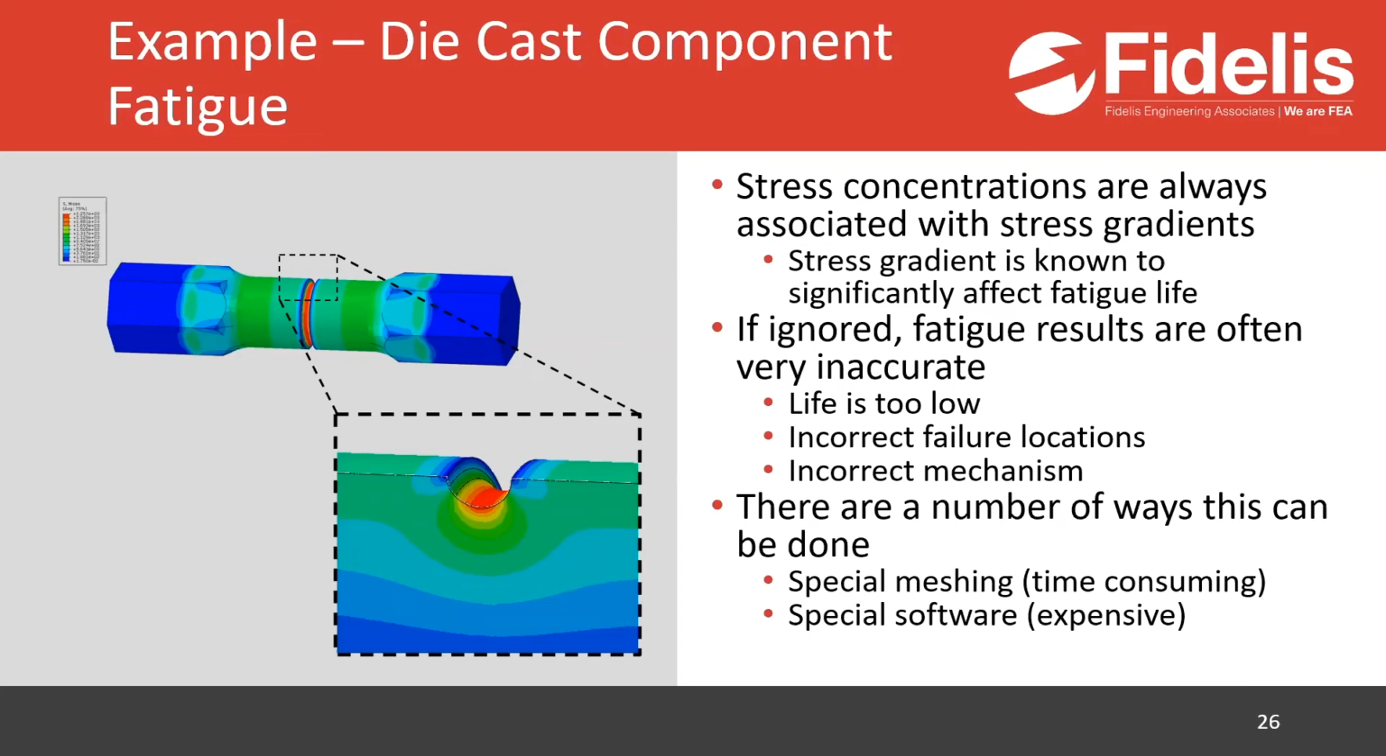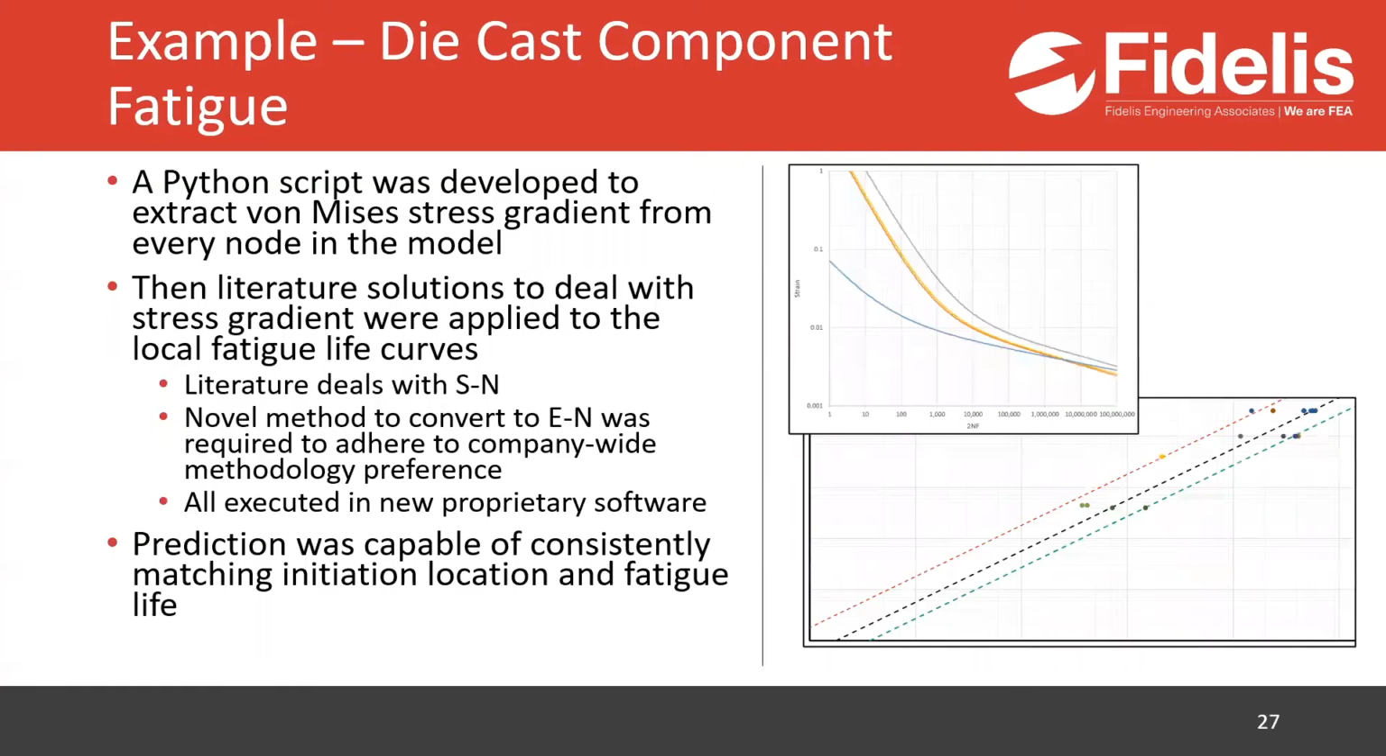We can also purchase very expensive software that is almost designed just to deal with this problem. We didn't want to do either of those, so we developed some scripting ourselves to extract von Mises stress gradients from every node within our models. And then we use literature-based solutions to deal with the effect or the benefit of stress gradient on these nodes. What that really did is locally changed the EN curve, so the fatigue life curve for every node, and it allowed us to provide benefit where we have these stress gradients